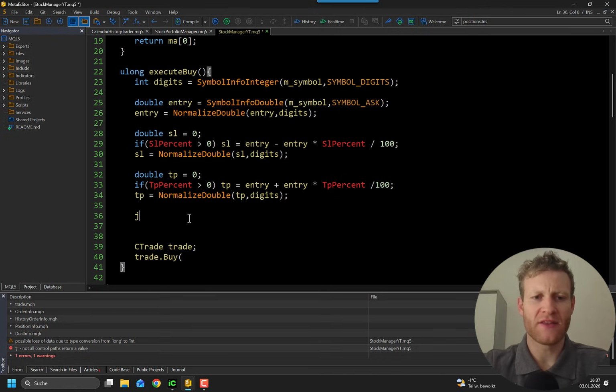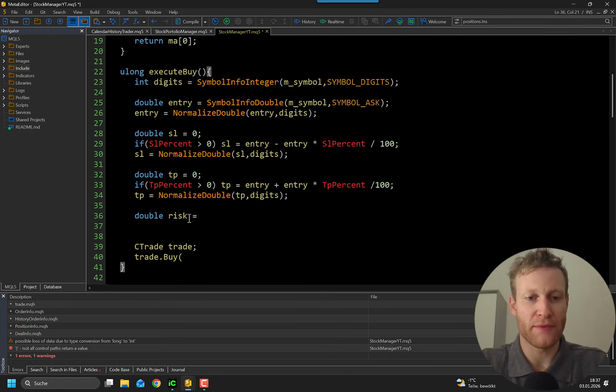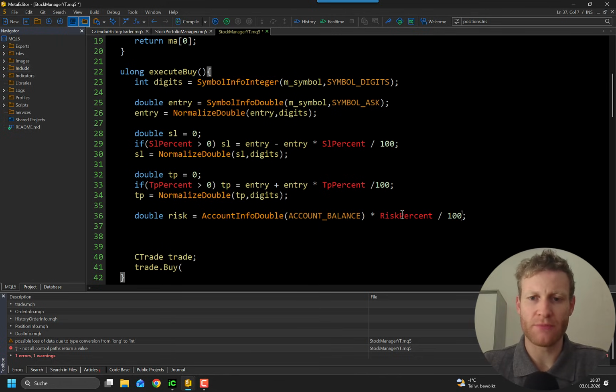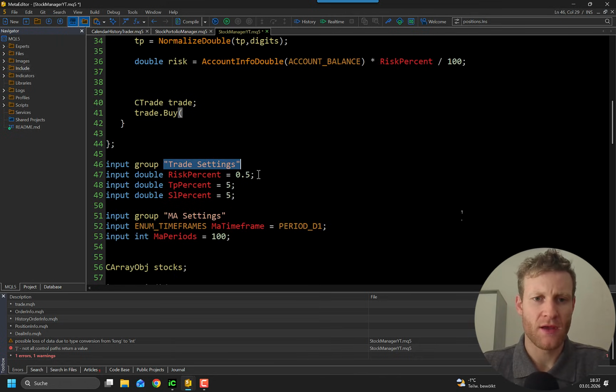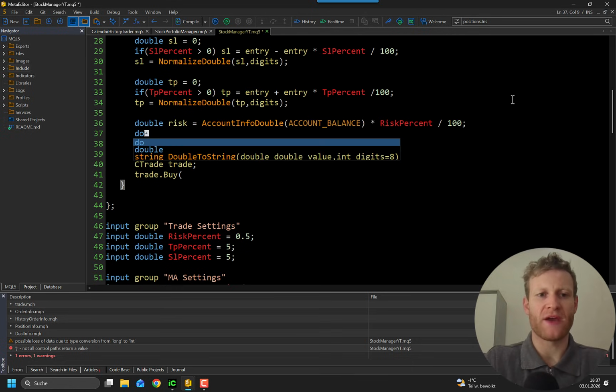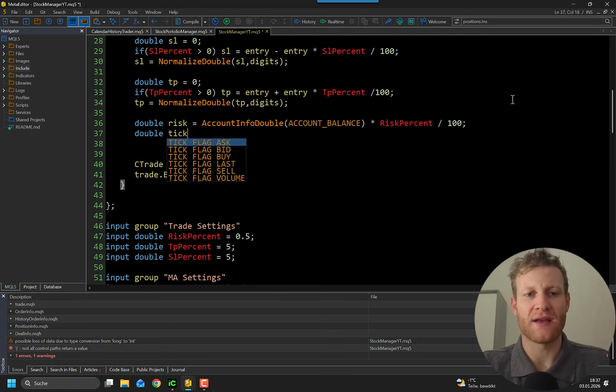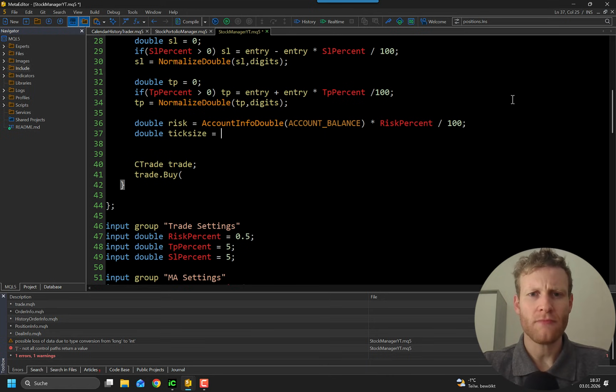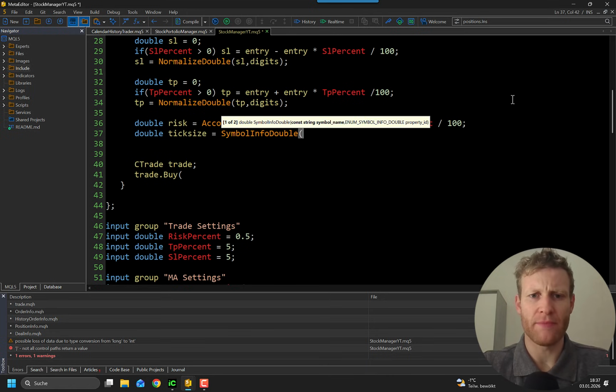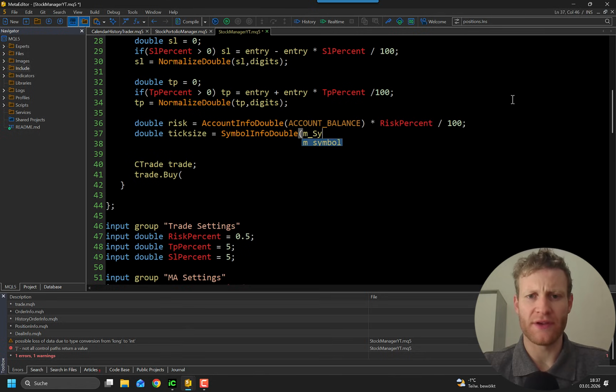So for calculating the lots in percent, we first of all need the risk, and this will be the AccountInfoDouble account balance, multiplied with the risk in percent divided by 100, with percent as our input variable that we created here. This will be our risk. Then we need some more values like tick size. Here we have SymbolInfoDouble. Here import again m_symbol